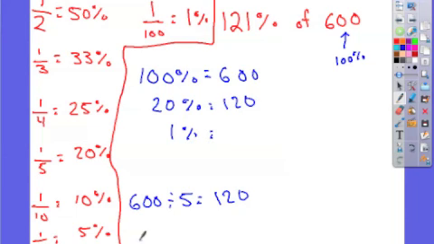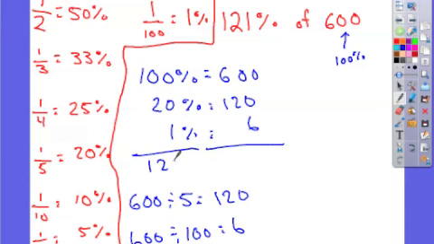Now I need my 1%. 600. And my 1% is dividing by 100, because 1/100th is 1%. And 600 divided by 100 is going to be 6. I should have taken a guess for this one. I didn't take a guess. So it's kind of cheating now, so I better not. Now, if I add these up,